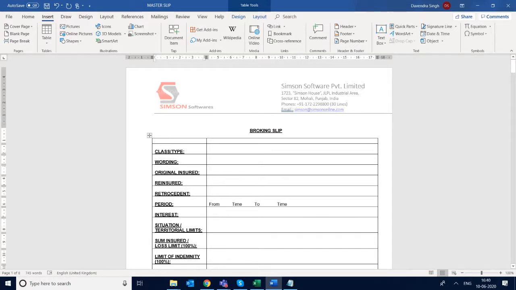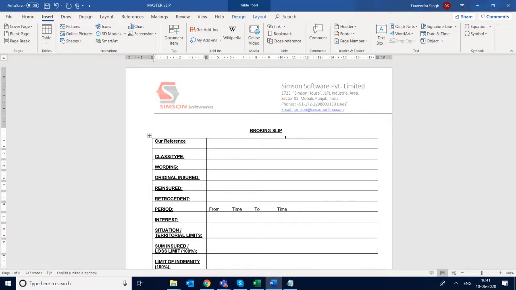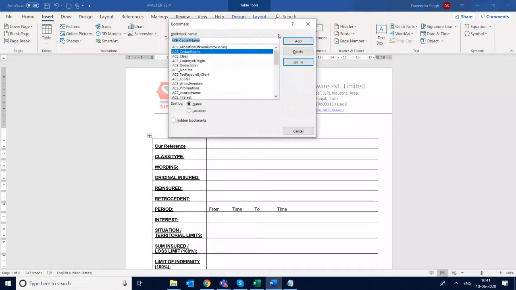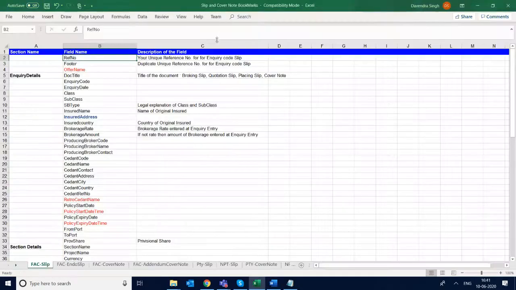Say maybe writing a reference number. So here we can put a bookmark as ACE, and I'll copy it from there.